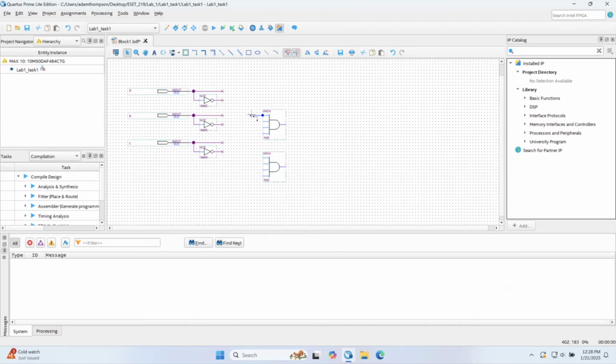Because if I wanted this input here to be A, I would have to drag this all around, line it up, and then get this over here. And it takes a lot of time to do this, especially to make it look nice. And it's going to get even worse when you have a ton of stuff to do. Not only does it take a bunch of time to drag these wires around and make them look nice,